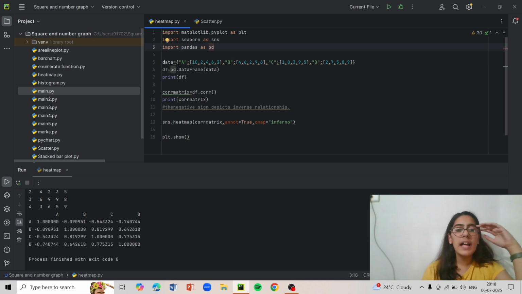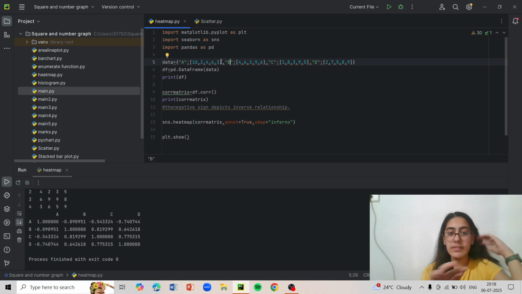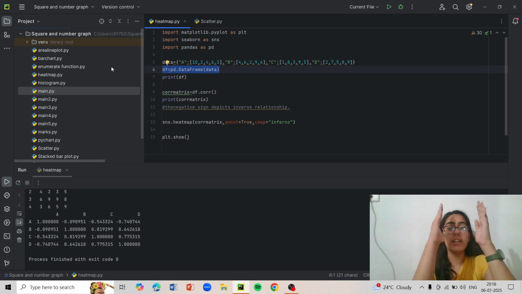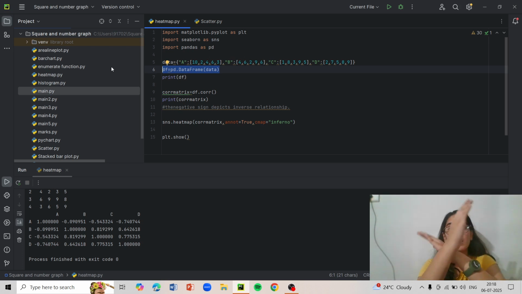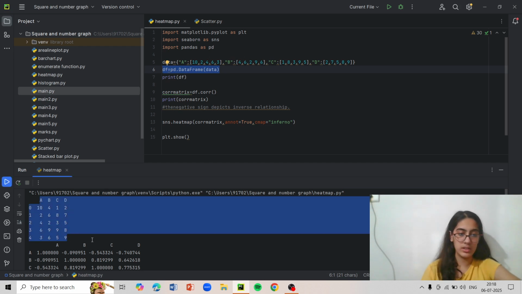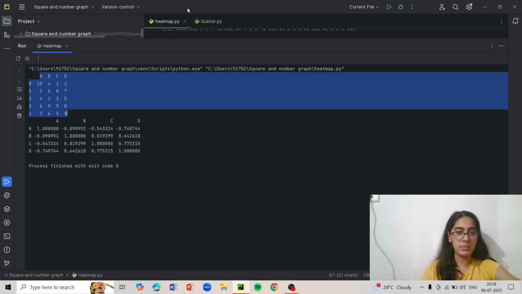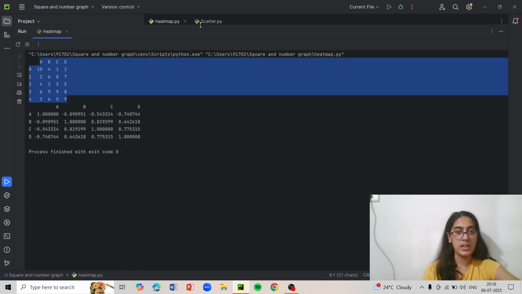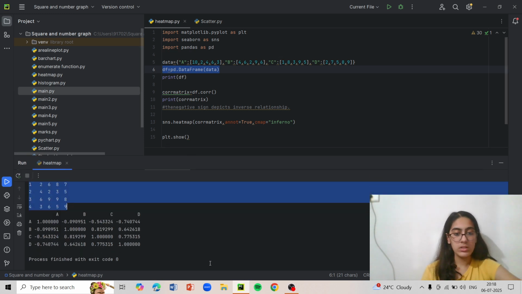Now here I have a data variable in which I have given 4 values to A, 5 values to B, and 5 values to C, and so on. And then I have converted it into a data frame, so that way the data basically gets as a table. This is how we are getting it over here above this. Here we go, this is the table we are getting. The part I have highlighted, I'll bring it up in case you can't see. Yeah, this is what we are getting. Go back down. There we go.